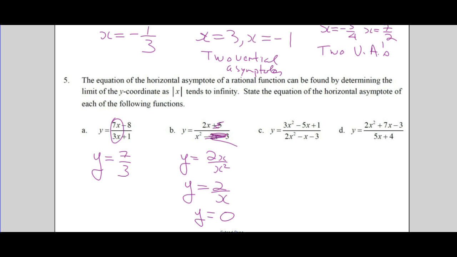So the first one, you have powers of x that are the same, so really it just becomes the numerical coefficient, 7 over 3. The second one, the 5 doesn't contribute much to the 2x, and the minus 2x plus 3 doesn't contribute much to the x squared. It won't change its value. So you really have 2x over x squared, but that simplifies to 2 over x. And as x gets really large, 2 over x tends to 0. It's not 0, but we're looking for the asymptote line, and that is 0. Here,